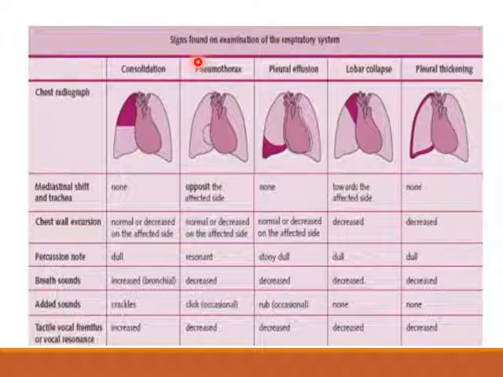Then ask the patient to sit down and auscultate the suprascapular area, right then left, then the interscapular area, upper right, left upper interscapular area, then right lower interscapular area, then left, then the upper infrascapular area, right then left, and lastly the right lower infrascapular area, then the left. Then thank your patient